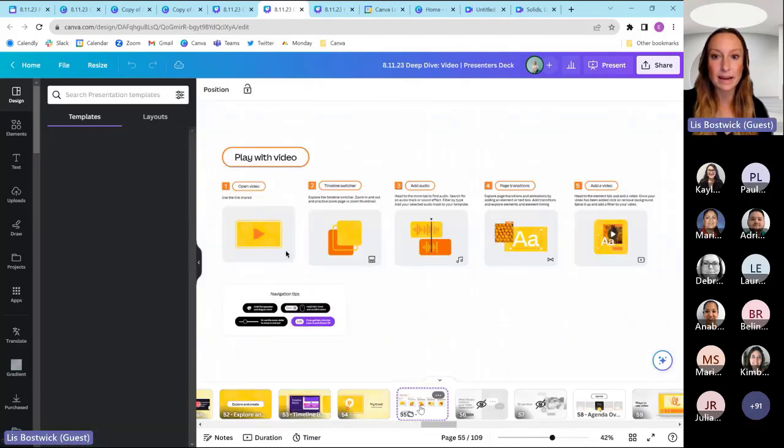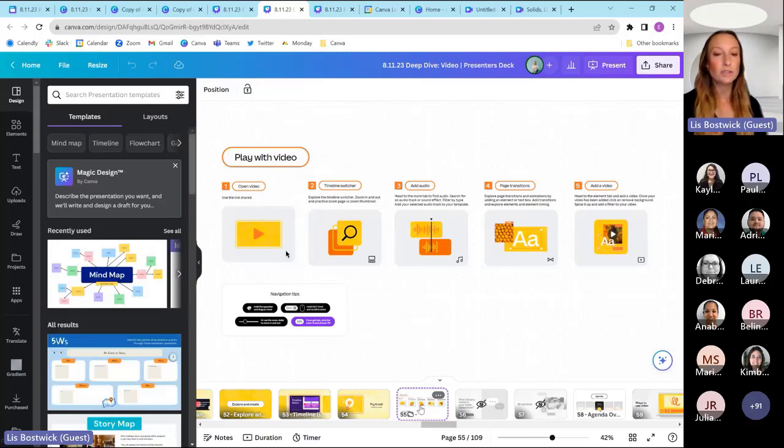And then on my slide, I do have a couple of things here, just so that you have 5 little tips on things you can play with in your video.